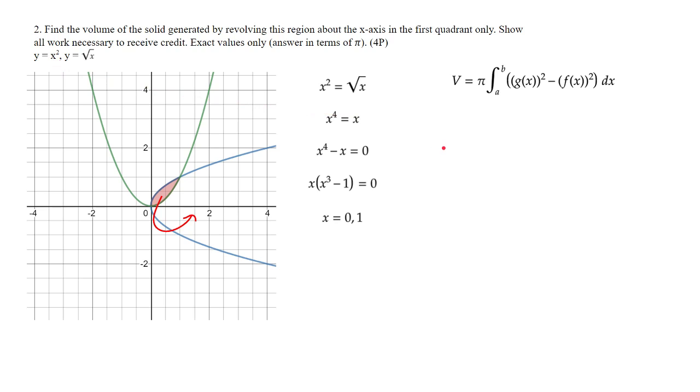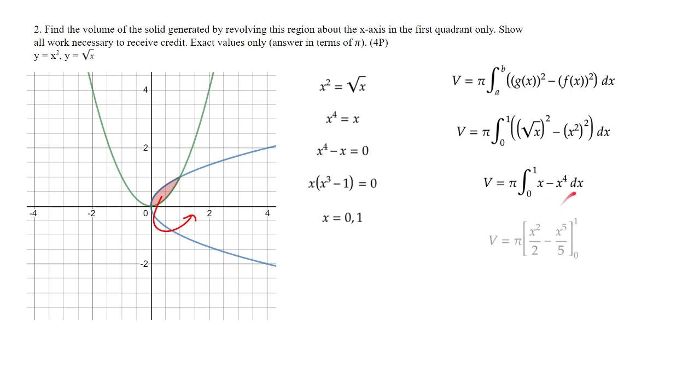So all we're going to do is just plug in our bounds and plug in our equations. And we've got that right here. And from now on, it's just simplifying. We get volume equals pi times the integral from 0 to 1 of x minus x to the fourth dx. Use power rule once again. Volume equals pi times the integral of x squared over 2 minus x to the fifth over 5, evaluated from 0 to 1. Now we're just going to use the fundamental theorem of calculus again, and we get volume equals pi